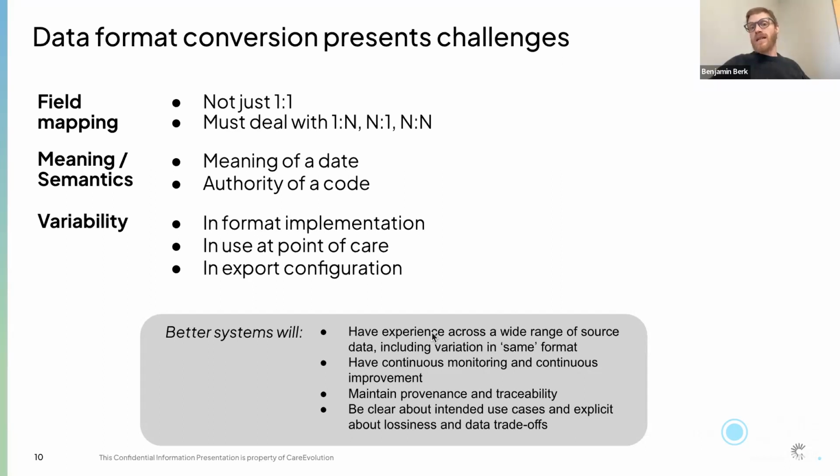And really importantly, to be able to maintain provenance and traceability, right? So if we've got data now in format B, we want to be able to look back to where it came from in format A, so that we have trust in our data pipeline. So those are a number of the considerations which make it difficult, but that we should also be thinking about to have such a system.